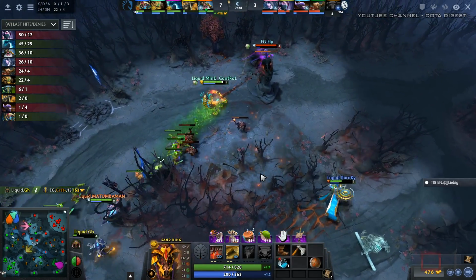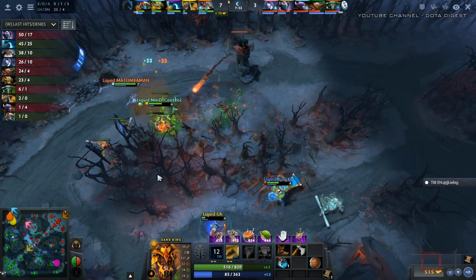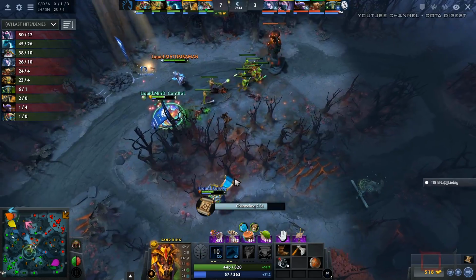as Matumba Man makes his first rotation of the game, now has the Shrapnel. Barely clipping Fly, slow him down. I thought it was going to be long enough for Mind Control to go for the tower dive here, but